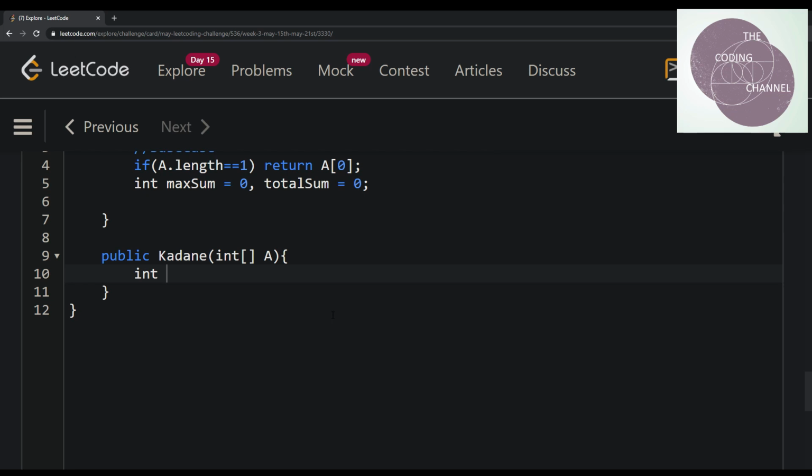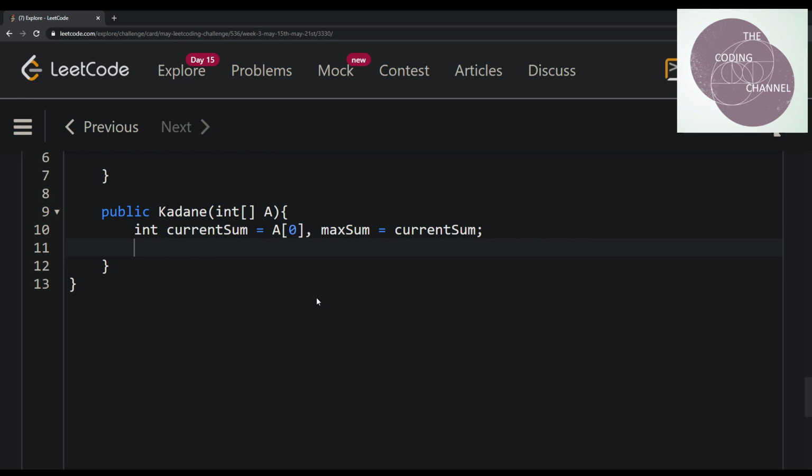So with Kadane, we just need to keep current sum, which can be equal to a0, the first element, then the max sum, which we're maintaining, which would be current sum again, because it's essentially going to be the same since we've only traversed one element.